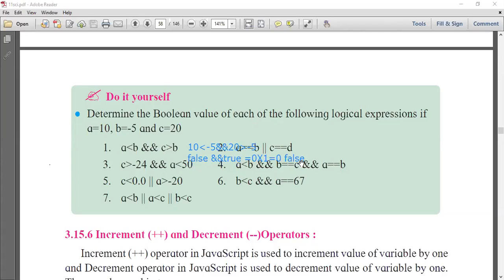So here is the answer, that is false. So I am writing here false.